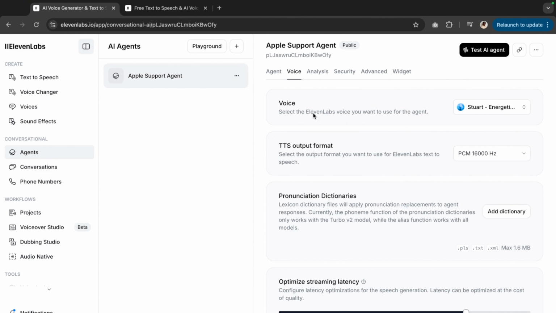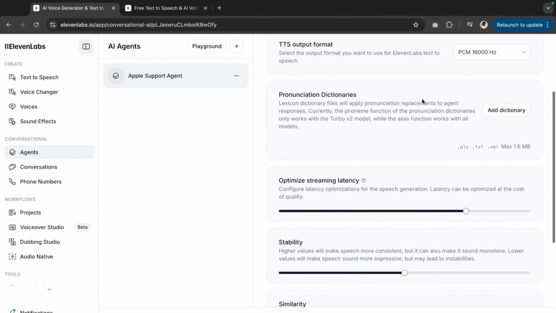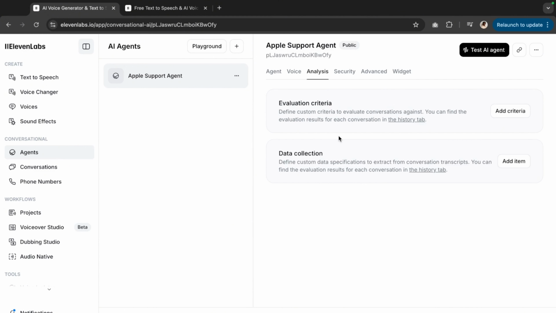Very nice voice. And we have an output format if you want to export anything. We can adjust the pronunciation and adjust any additional settings. As you can see here, I'm not going to go through each of them one by one, especially when they have descriptions underneath them. This is what I actually found interesting, analysis. So you can analyze the transcript. If we go over to conversations,